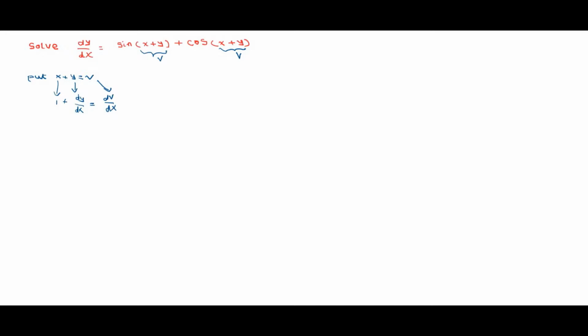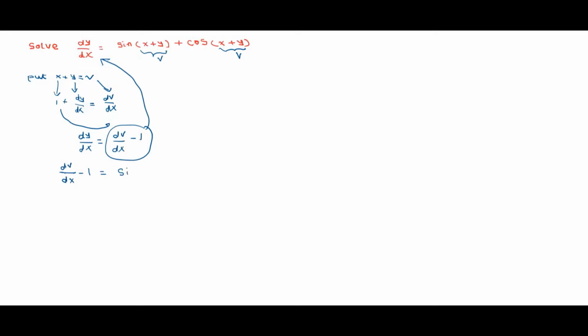Now find the value for dy by dx. Transpose this plus 1 to the right hand side. We get dy divided by dx is equal to dv divided by dx minus 1. You have to substitute this value in the given equation. If we substitute this value in the given equation, we get dv divided by dx minus 1 is equal to